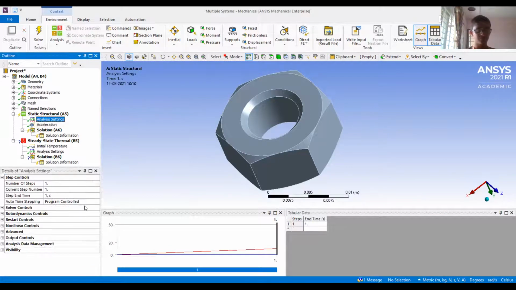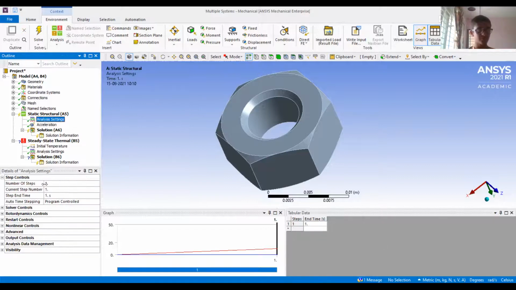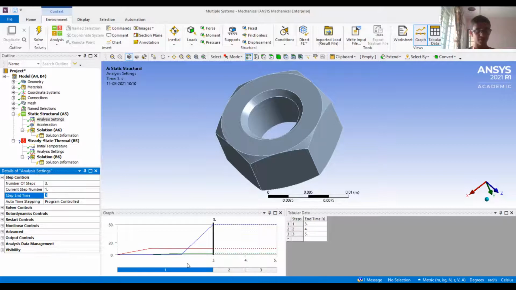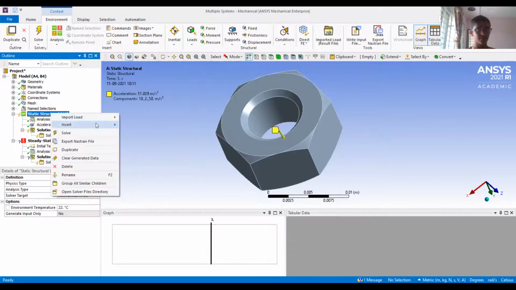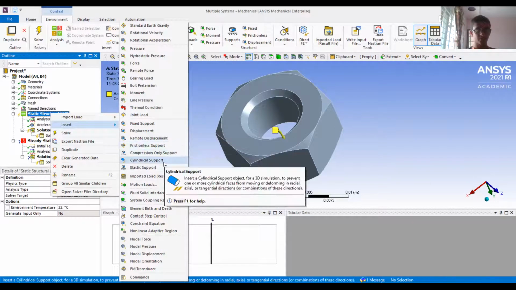Then the same thing should be incorporated over here in analysis settings. Because in excitation you have incorporated 3 time steps, but the step is still 1. So you should change the number of steps. In current step and time, over here you need to set the current step to 3 and the number of steps to 3. Now it will incorporate the 3 different time steps and make settings as per that requirement. Then you have seen the displacement over here. So I have covered that part.